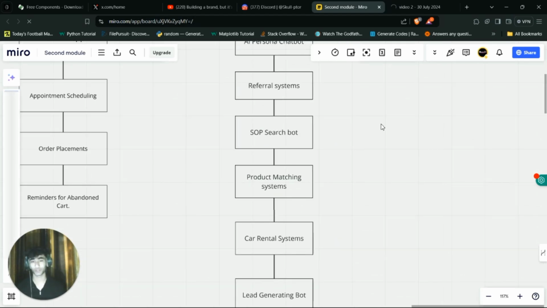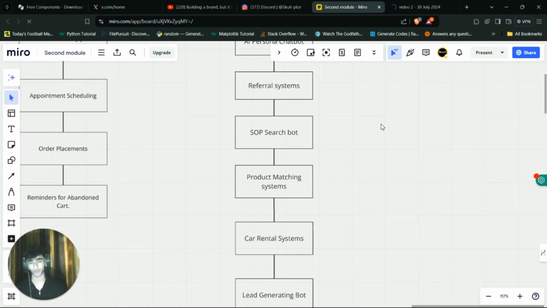Next comes the SOP search board. SOP stands for Standard Operating Procedure. This can be used in any kind of business, but I would suggest it for law firms or any kind of firms, since they have all kinds of documents. You can compile them into a PDF or whatever it is and put that in the knowledge base of a chatbot. Whenever they have a case coming up, they'd say, okay, 2007, 19th May, Mr. Benjamin's case, and the chatbot will tell them everything there is for Benjamin's case. That's one of the benefits of having an SOP search board. This can be used for any kind of firms.